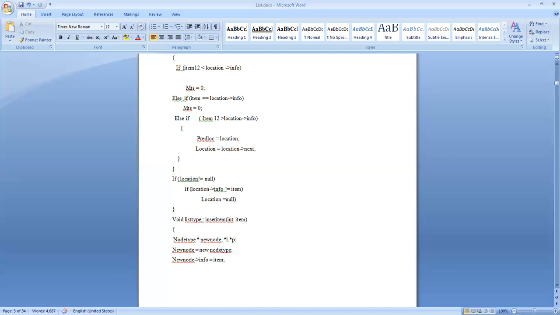Then I search for the value item. Find item, list data, comma, item, comma, L, comma, P. What happens?